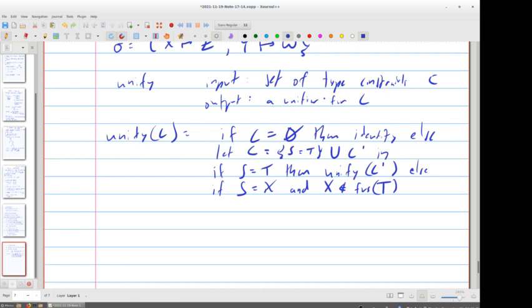I'll get to what this means in a minute, but there's this extra condition. If the left type, s here, is a type variable that doesn't appear in the right-hand side, then we can do a substitution. I'll write it like this. Then the result will be, well, map x to t